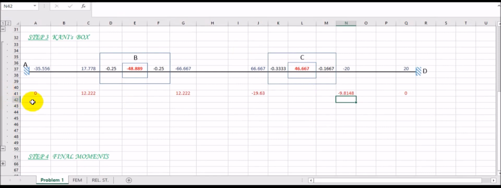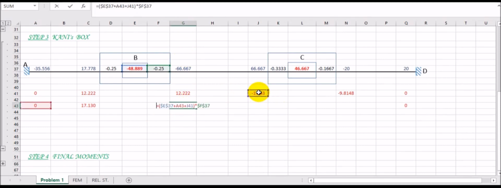Okay, so now we come to our second iteration. Again we write 0 here, at the ends we write it as 0. Since I'm in Excel I can do this, but this is basically the same thing. Minus 48.889, that is summation moment plus latest iteration value of left support plus latest iteration value of right support into the rotation factor. It's one and the same thing. I'm just copying and pasting it because I can do it in Excel, but the formula remains the same.